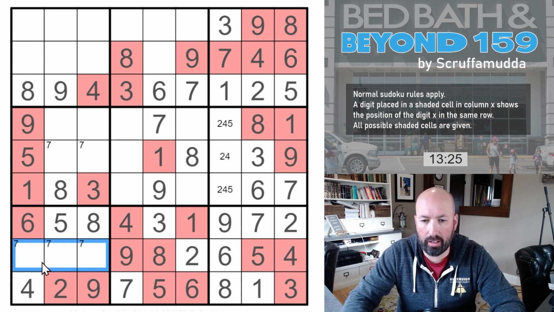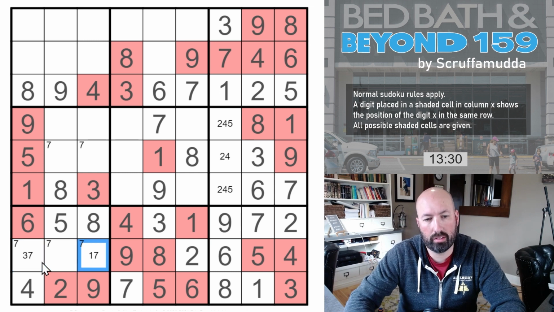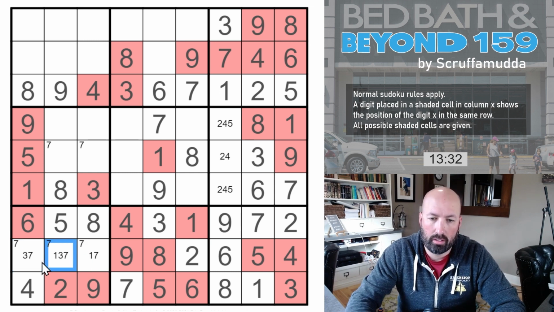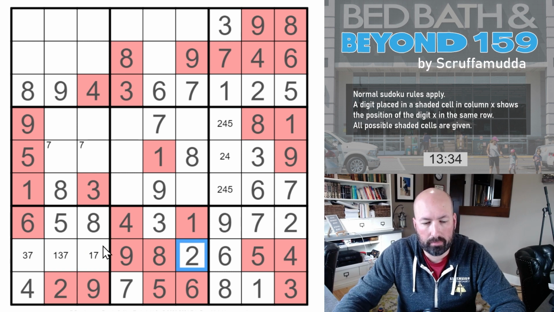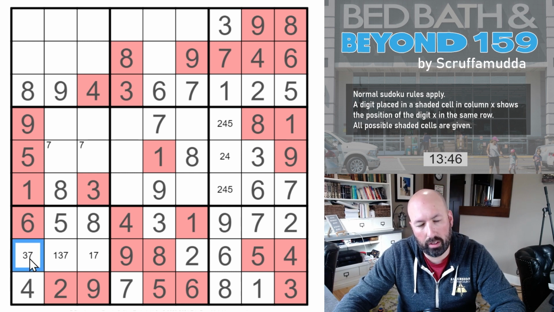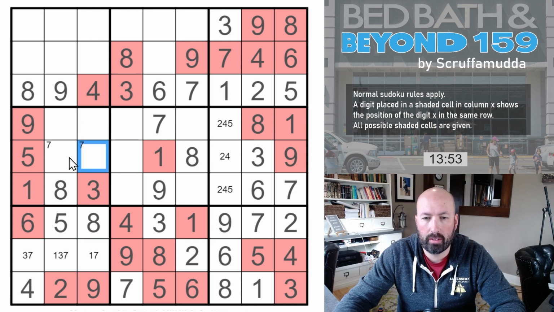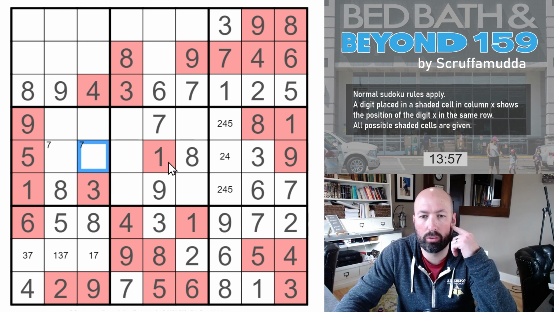Yep, that helps a lot. 1, 3, and 7. So this is 3 or 7. 1 and 7. Don't think we have any negative constraint issues we need to worry about there. This is 3. This couldn't be 1, but yeah. Okay. All right. So is there anything we can, any pencil marks we need to update now that we